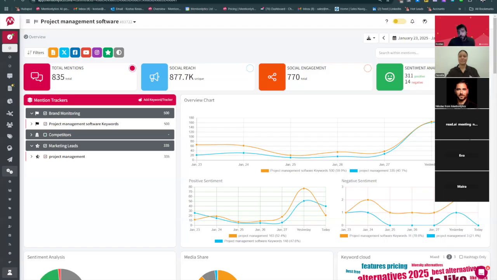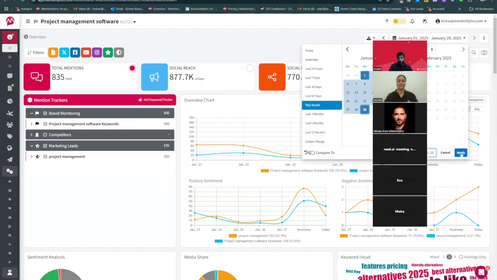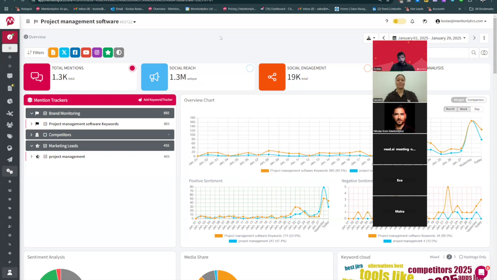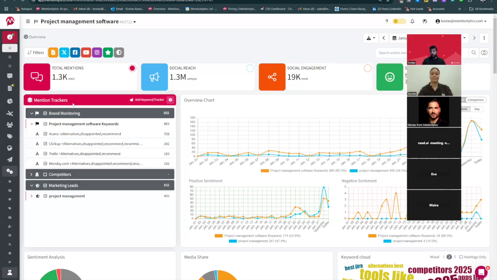to our platform. I have prepared a mock account, let's say, for these purposes. I'm going to increase slightly the timeline here on the upper right. The use case is going to be around the project management software. I'm sure a lot of you are using it already in your work. We use these solutions already. So solutions like Asana, like ClickUp, like Trello, and Monday.com. These are all the big established players in this market, and we're going to see a little bit how we can actually get some feedback on the solution.